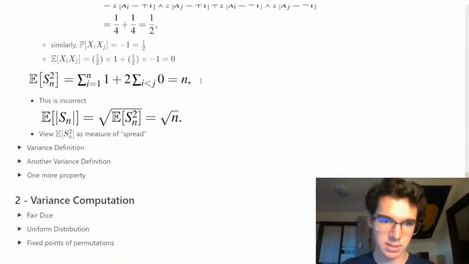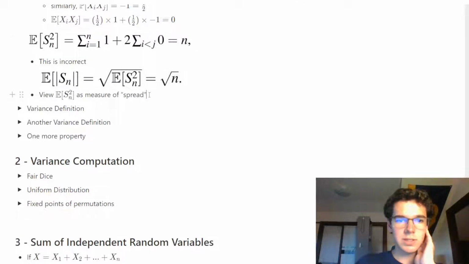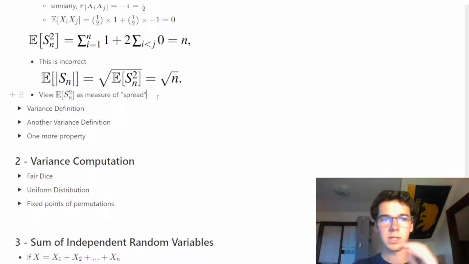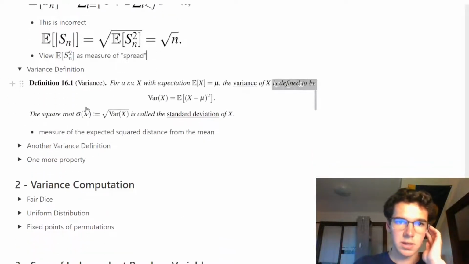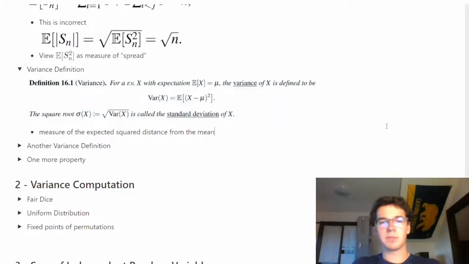Okay, so that's the variance, I believe. And we can view this as the measure of spread of the data from the mean, the expectation. So the variance definition goes as follows. For some random variable x with expectation